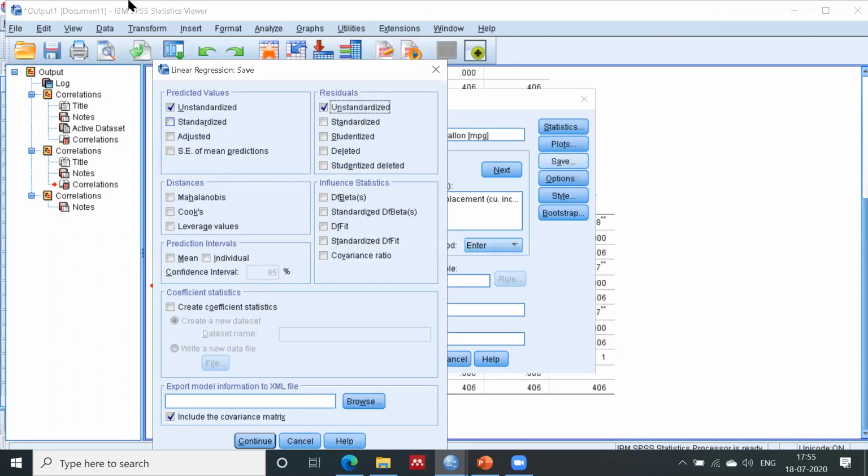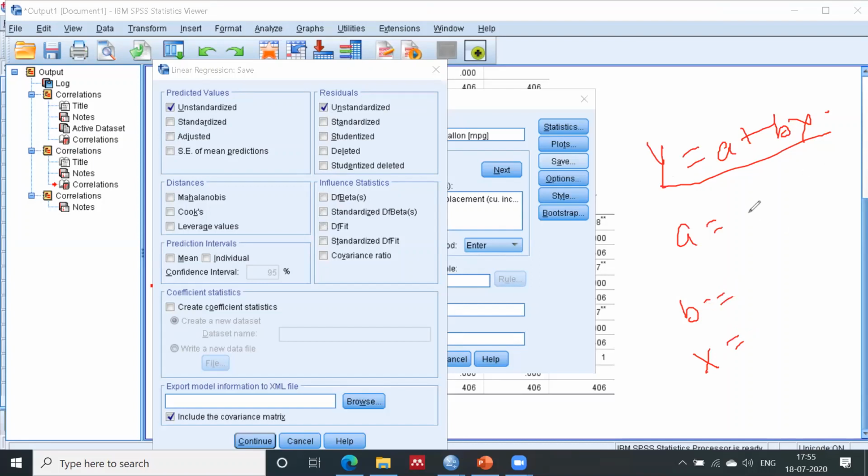Let me clear it first of all. What is the regression equation? This is y equals a plus bx, right? In this equation, what is a, what is b, and what is x? A is my intercept. B is the slope, correct? And x is my independent variable.